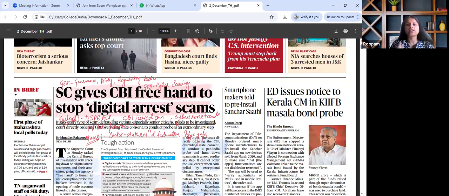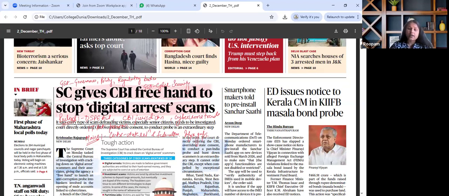The key theme that has been discussed over here is judicial intervention to tackle new age cyber frauds in the form of digital arrest and CBI's power with regard to state consent. For prelims perspective, we need to know about CBI's jurisdiction and state consent, cyber crime trends, IT Provision Act that